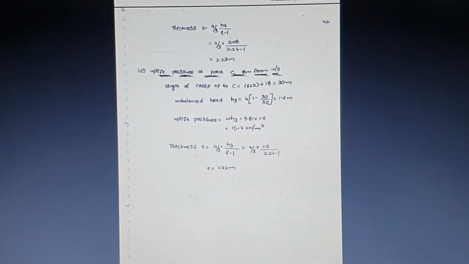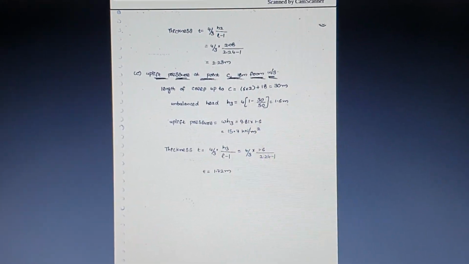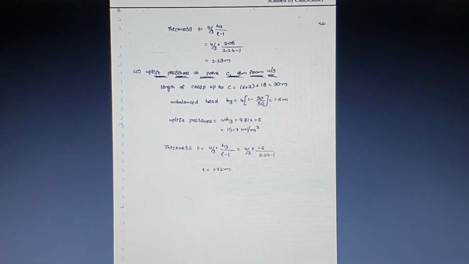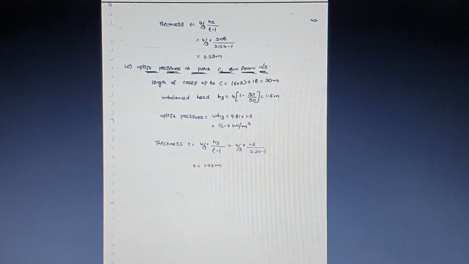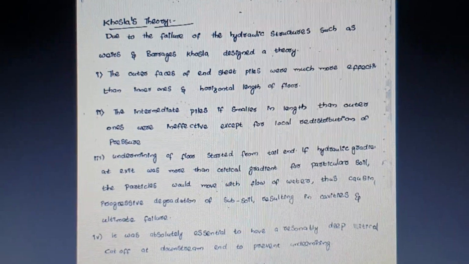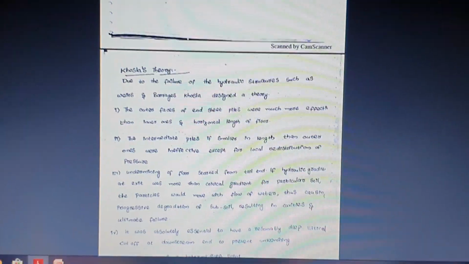Why? Because whenever you are going to calculate the unbalanced head, we need to take the length up to the particular point divided by the total length. So in that condition, total length and the length up to the point of D will be the same. Okay, next topic is about the